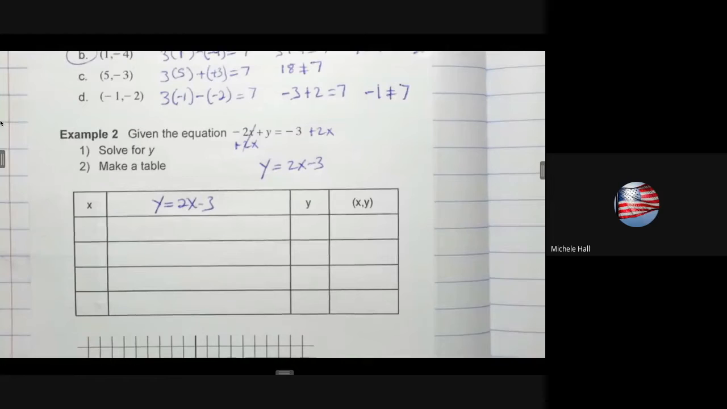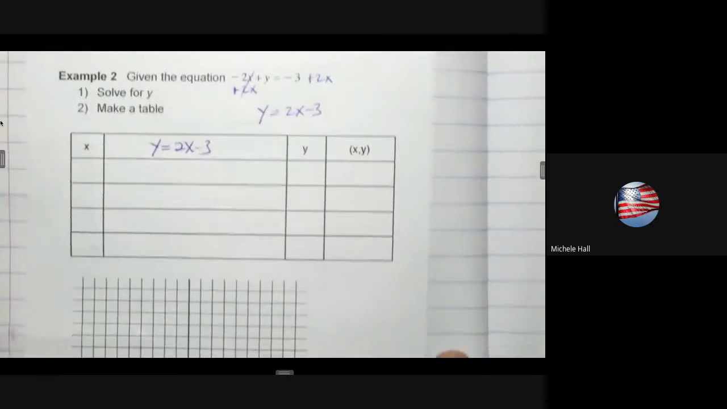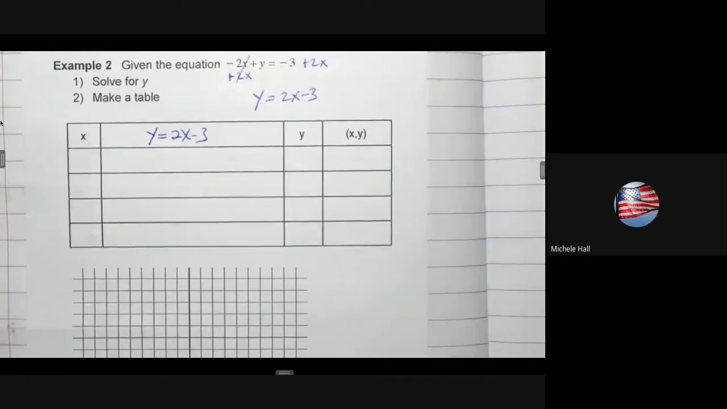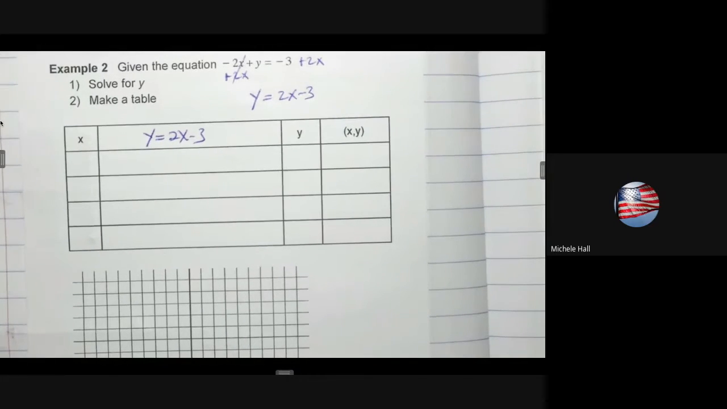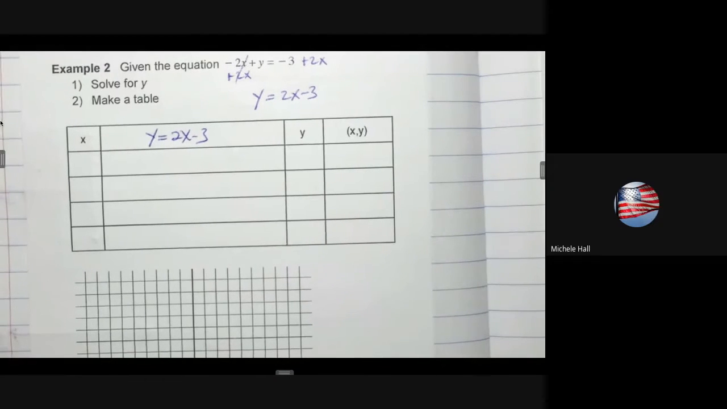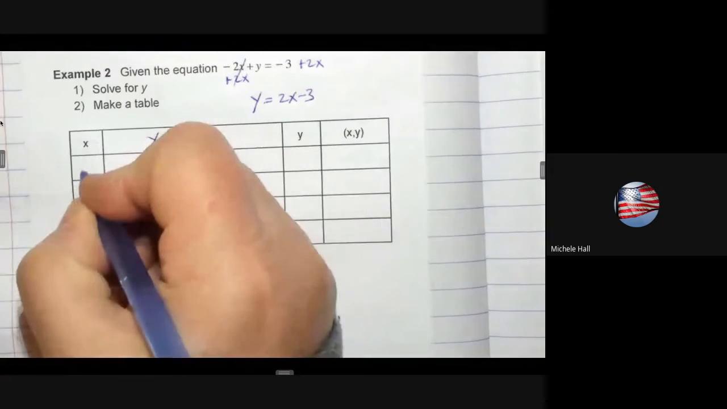Now we need to make a table of values and graph. They did not tell us what domain numbers to choose, so we get to choose our own domain numbers. You should choose at least 3. That way you'll know if one of your numbers is off. If you only pick 2, then you'll have no idea whether or not those 2 are accurate. But if I pick at least 3 and one of them is wrong, I will see it when I'm trying to graph it. Let's go with